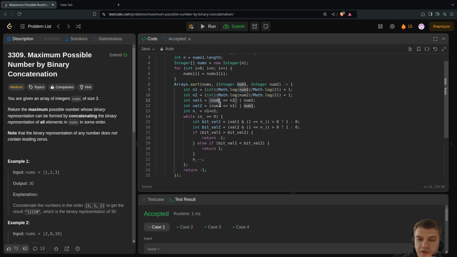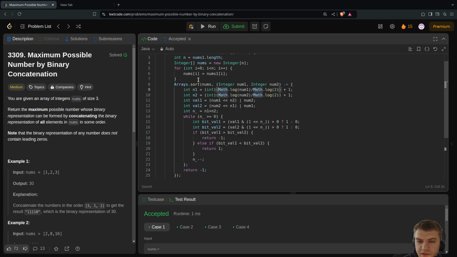So it means that if the highest bit there is set to 1, num1 should be earlier in the array than num2, otherwise num2 should be earlier in the array than num1. So I return either -1 or 1,